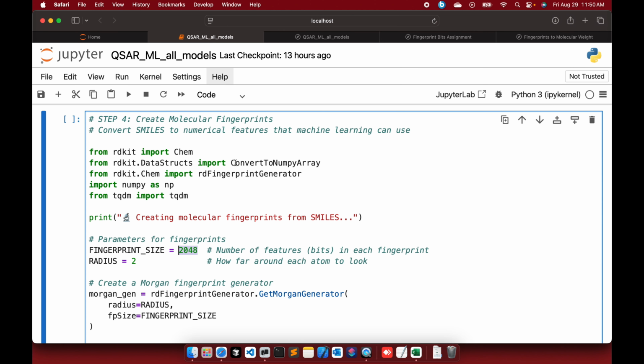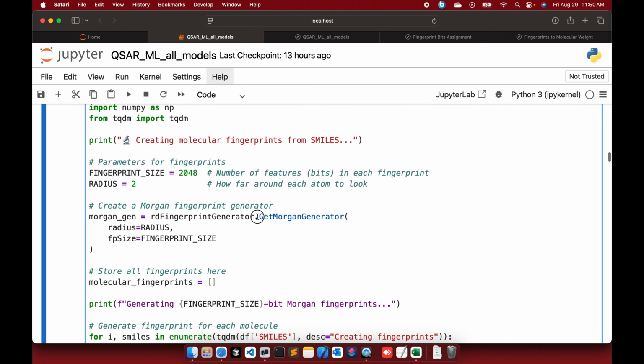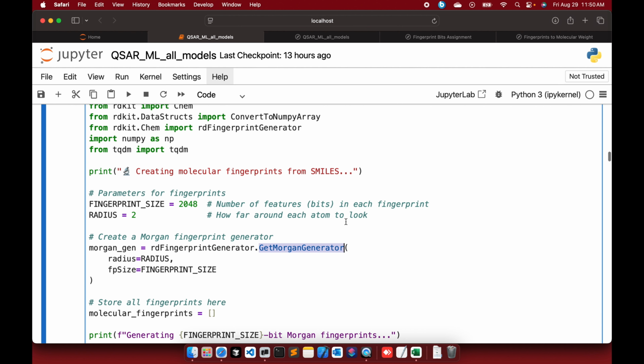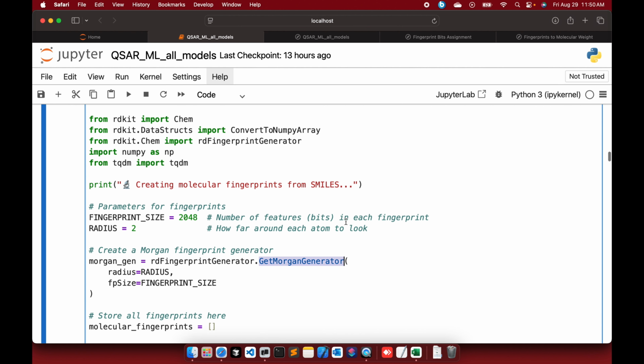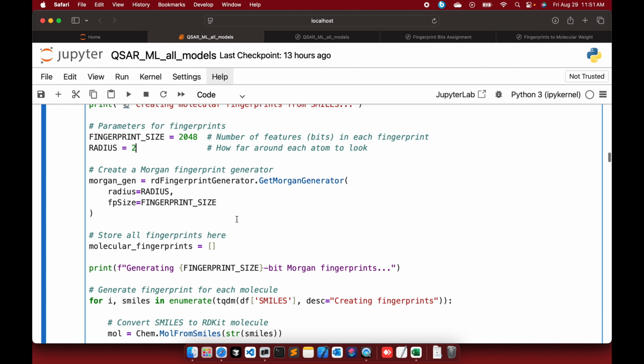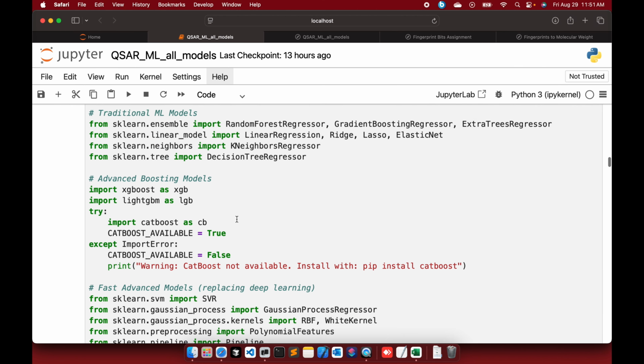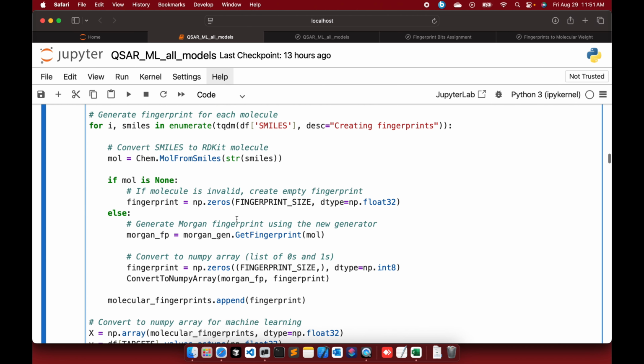So this is the code. We are using the RDKit library, and we are using the Morgan generator to generate the fingerprints out of the dataset that we are going to use. So we are using 2048 features, or bits, okay? And how far we are going to look? We are going to look around a radius of 2 angstrom, okay? And once you write this code, it will give you